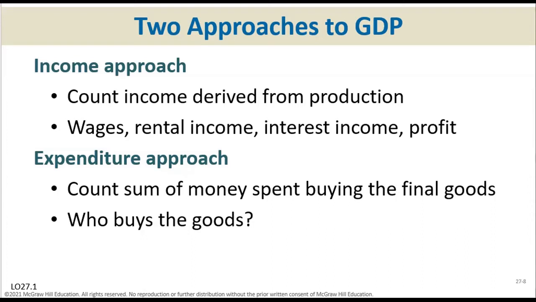While the expenditure approach measures GDP as the sum of all the money that we spend to buy the output produced. In theory, either method should yield the same result, right? The expenditure and the income approaches are two different ways to look at the same thing. So we're going to look at every single approach and see all the components of the calculation.